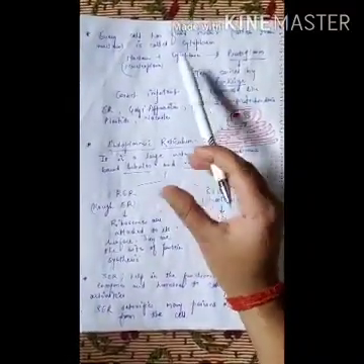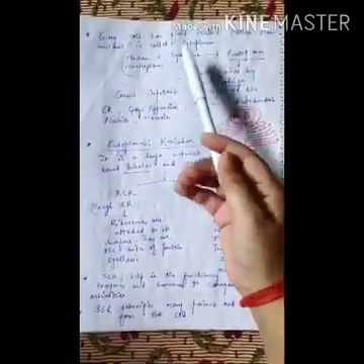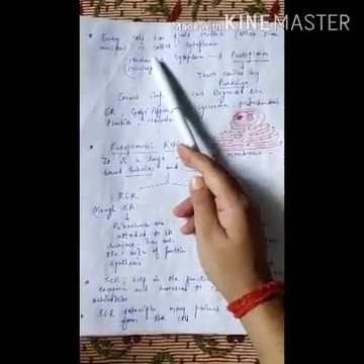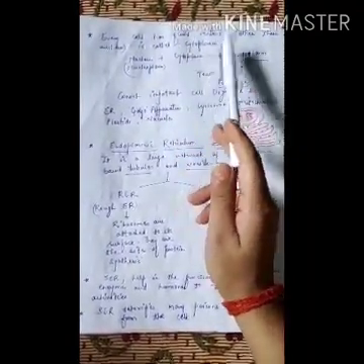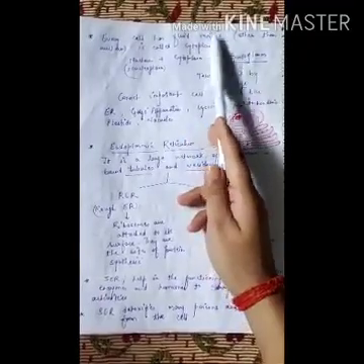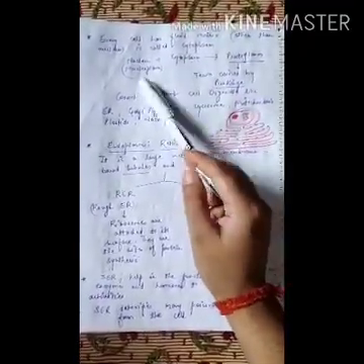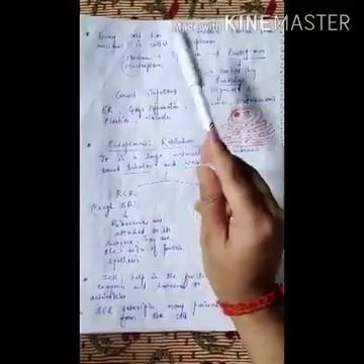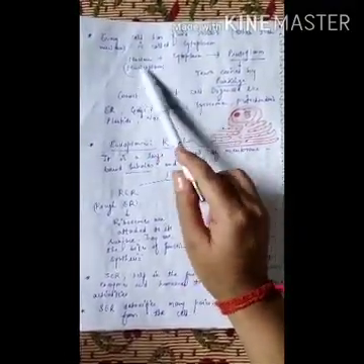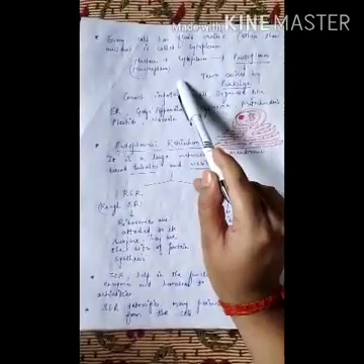Now, every cell has a fluid matrix. The fluid matrix makes a jelly-like structure, other than the nucleus. That is not the nucleus. This is a fluid matrix that is called cytoplasm. What do we call it? Cytoplasm. So nucleus and cytoplasm. The nucleus has a fluid called nucleoplasm, and the cytoplasm.